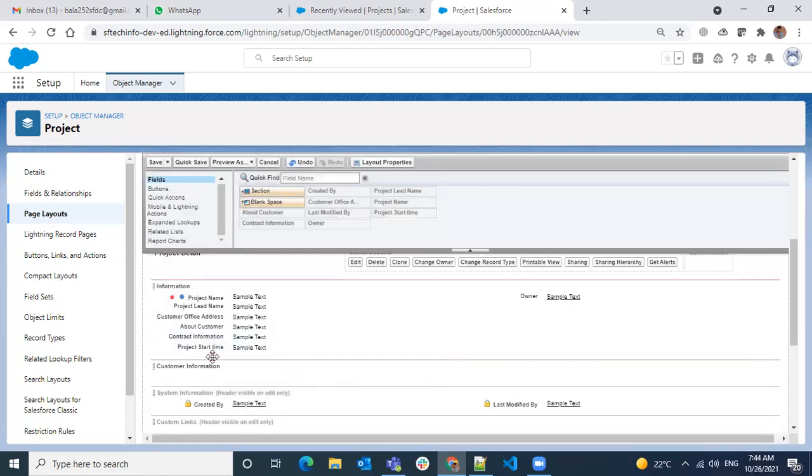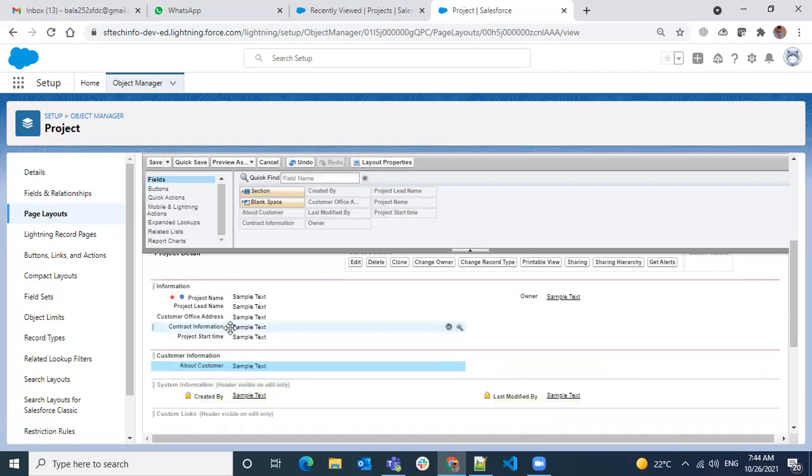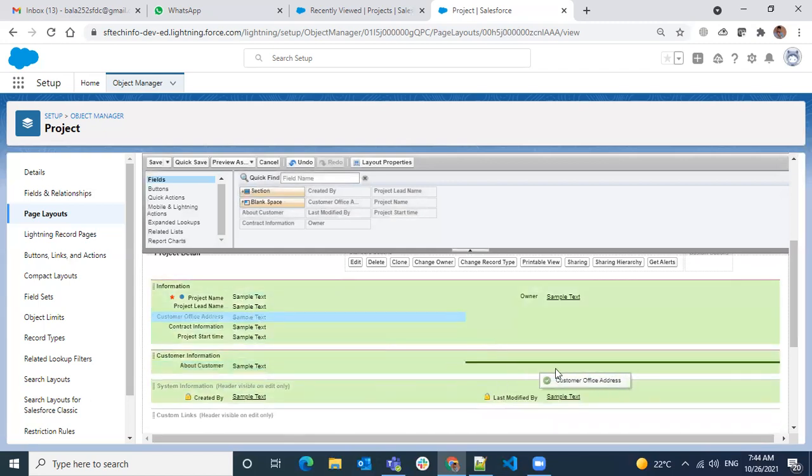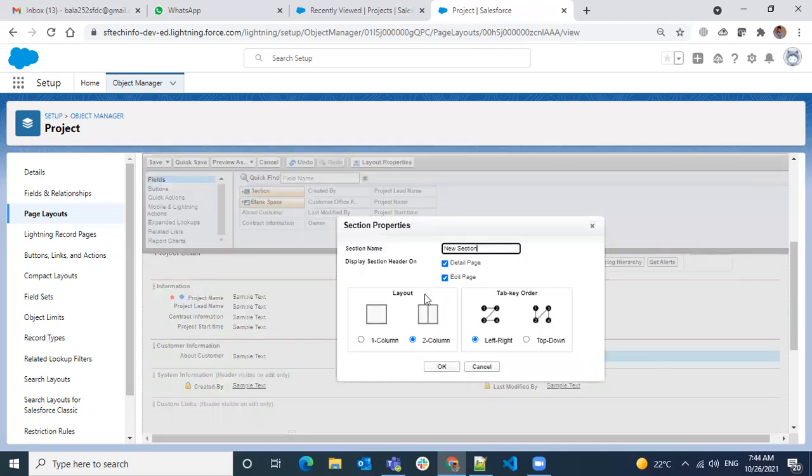So I want to move some of the fields to the customer information section. One is customer, and then customer office address. These two are related to the customer. And I want to add one more section to maintain the project information.